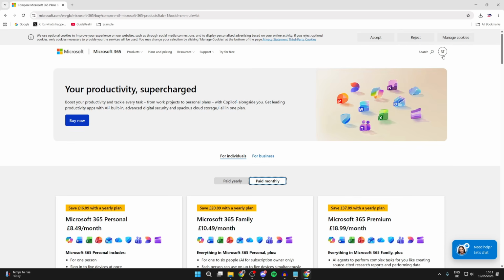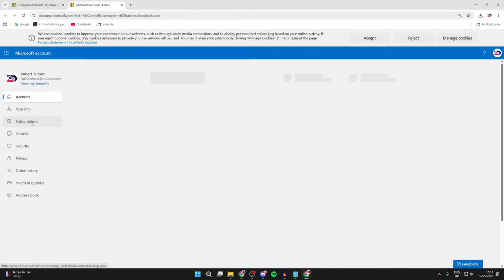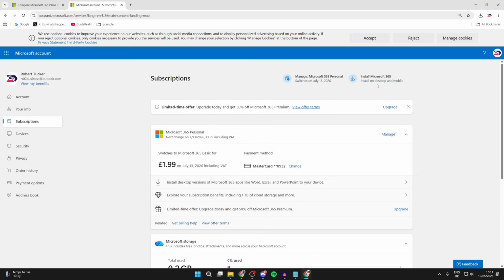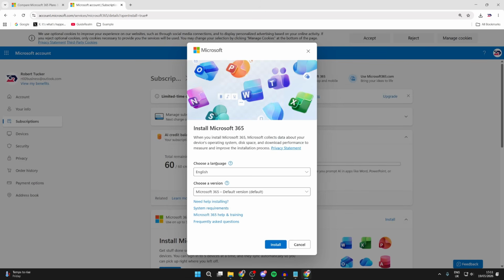So what we can then do is go and press sign in the top right. I already am signed in, so sign in if you aren't already, and then press your profile icon in the top right and press view account. Here you can press subscriptions to the left. If you just bought your subscription, you can do the same thing. In the top right, you'll go and see the install, and you can click there, choose the language in the